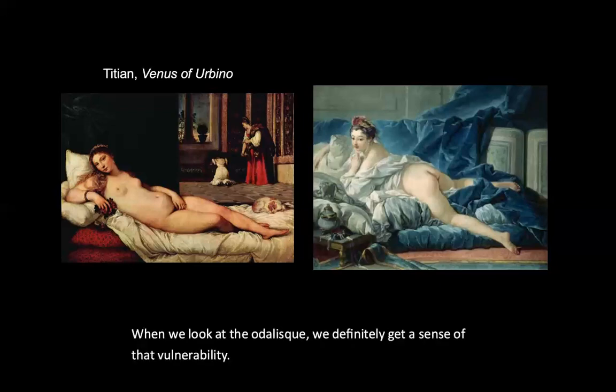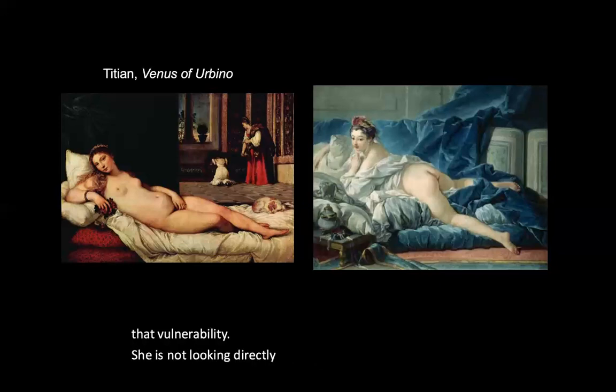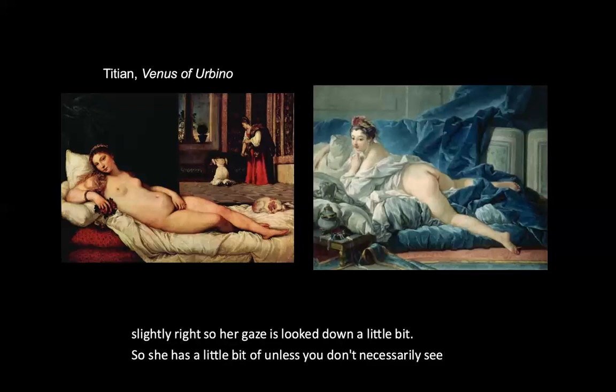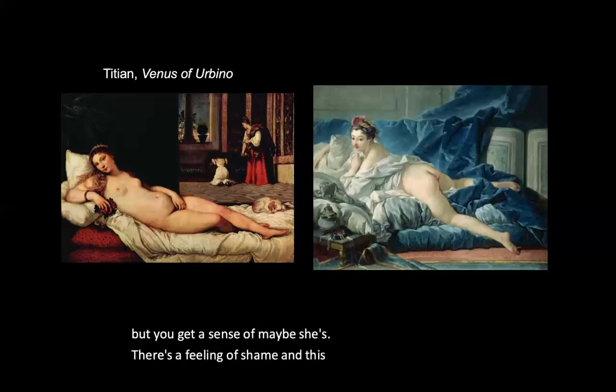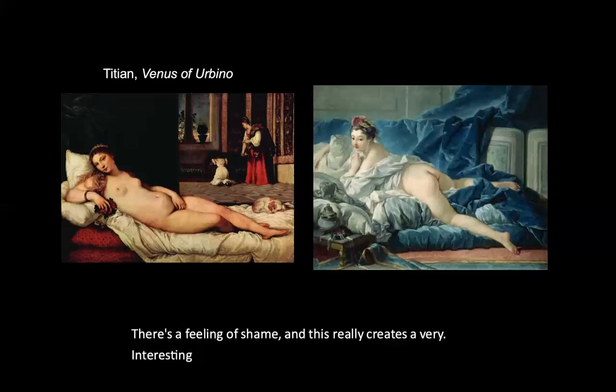She is not looking directly at the viewer. She looks down slightly, right? So her gaze is looked down a little bit. So she has a little bit of almost, you don't necessarily see fear, but you get a sense of maybe there's a feeling of shame. And this really creates a very interesting juxtaposition, because there's a playfulness, but there's also a very seriousness about the woman who is